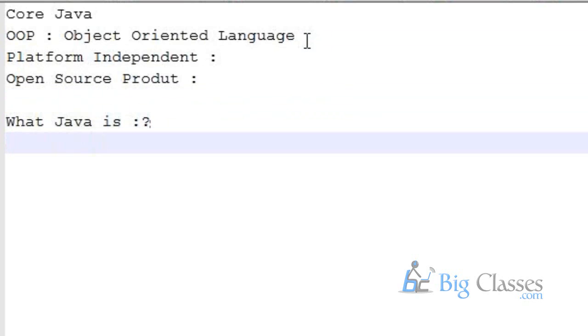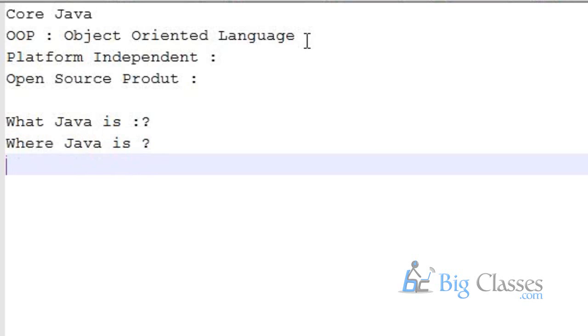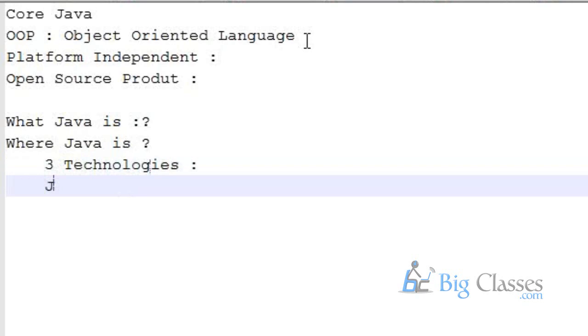So now we will be looking into where Java is seen. To get into the answer for this, let me introduce the three technologies that are present in Java.